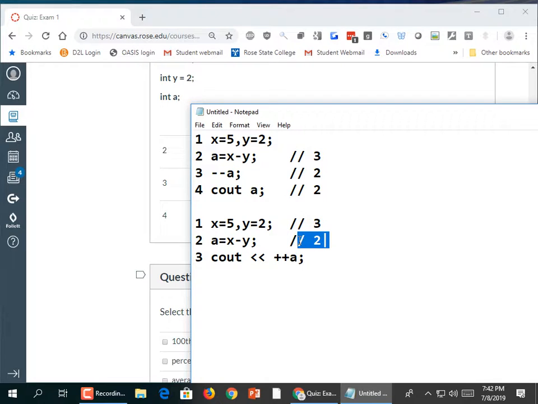Okay, so I don't know what I was doing here. That's totally wrong. X minus y, 5 minus 2 is 3, and at this point a becomes 4 and then prints out,